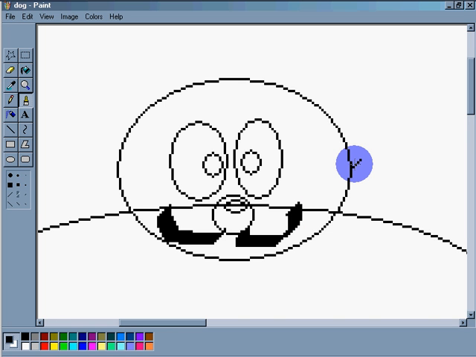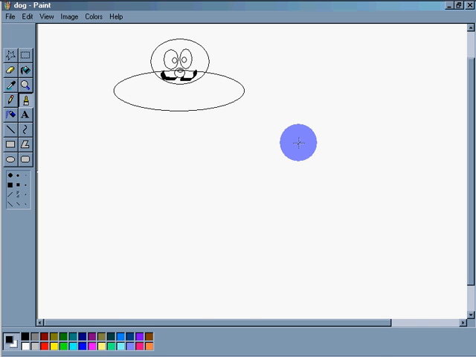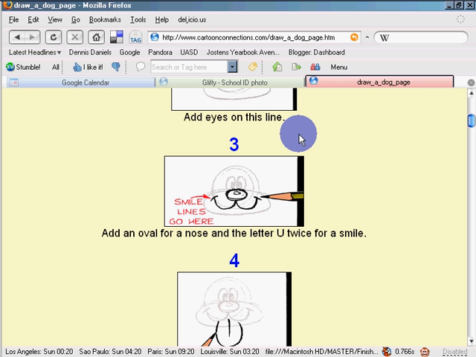So I'm going to use the curve tool, so I click and drag down. Try that again. That's much better. I'm going to pull it down. He's got a good belly. All right. Okay. Next step, draw